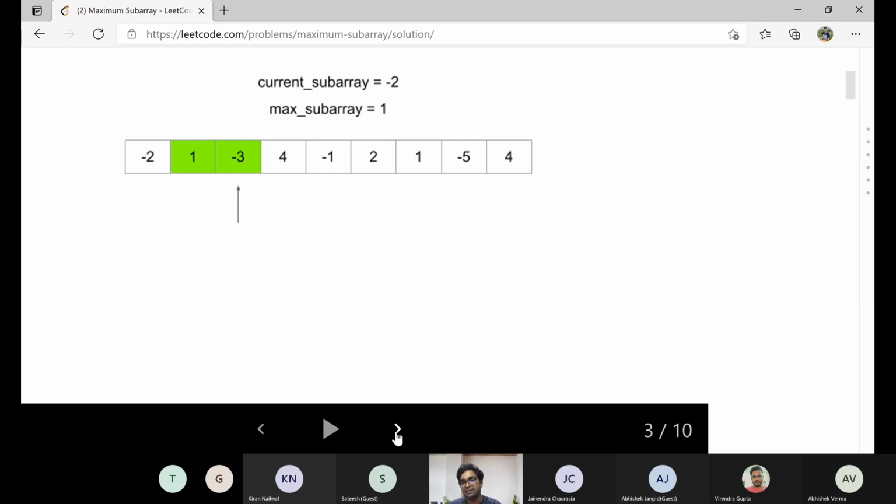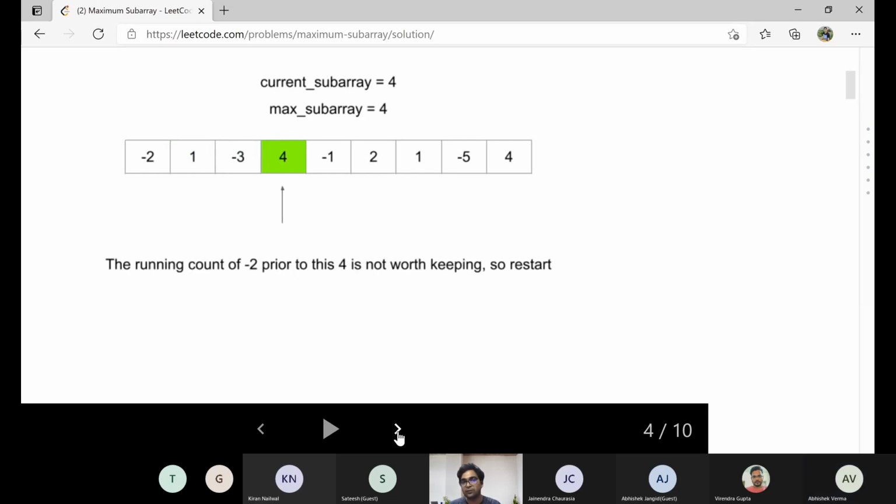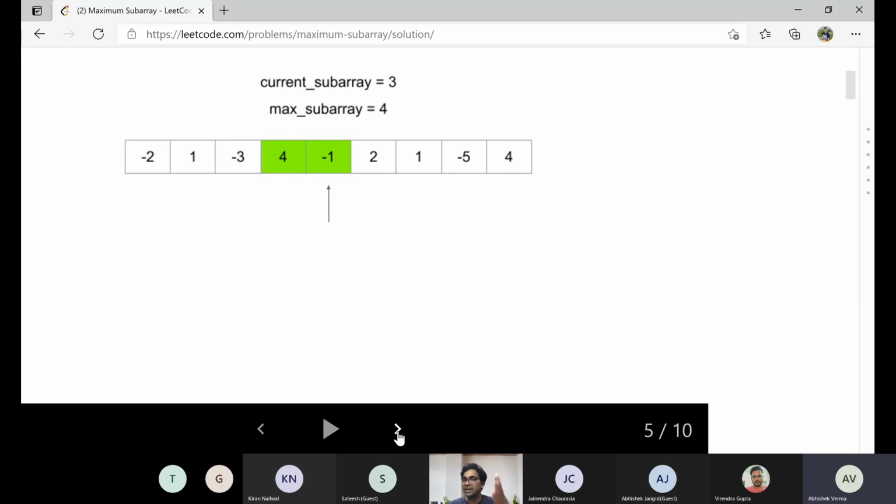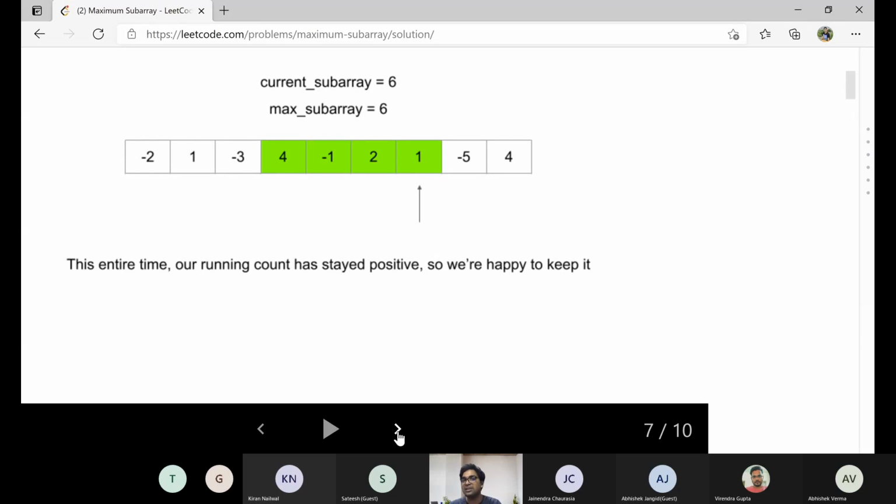Means if we have considered 3 elements in the array, what will be the possible maximum subarray? Only 1, the maximum value is 1, right? Now we consider the size of 4 and see what happens. Now the maximum subarray sum has changed to 4, but the current subarray sum is still 3. Similarly, if we move to the 6th element, we check the current subarray sum, which is 5, and the maximum subarray sum is still 5. Now we move to the next element, and both the current subarray and maximum subarray sums increase because these 4 elements are the solution set right now. Now we move to the next element.